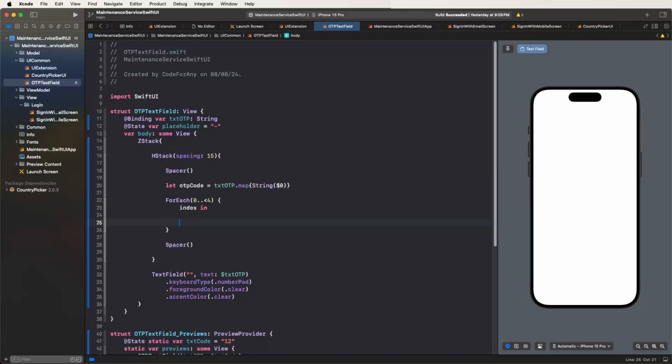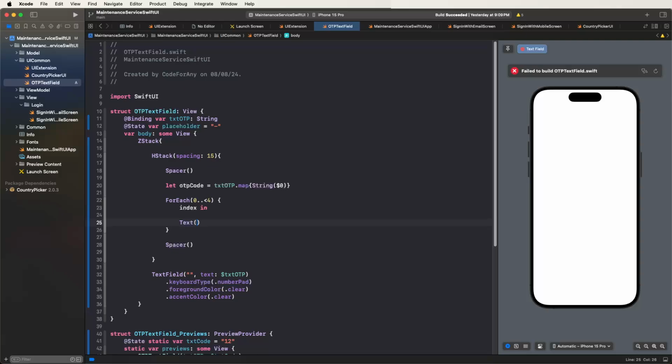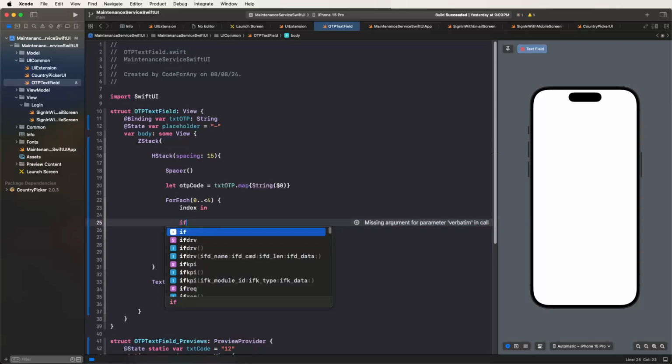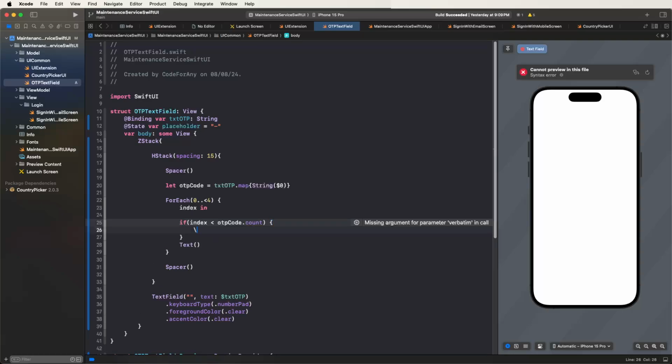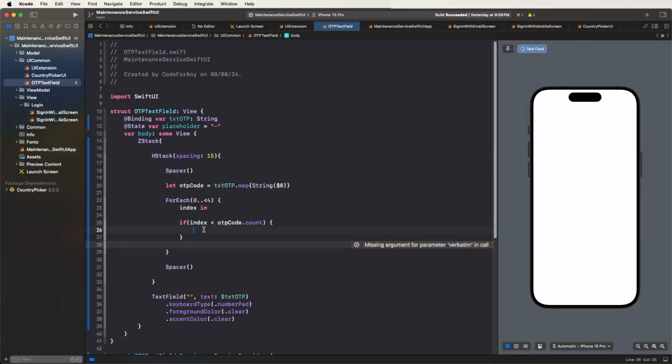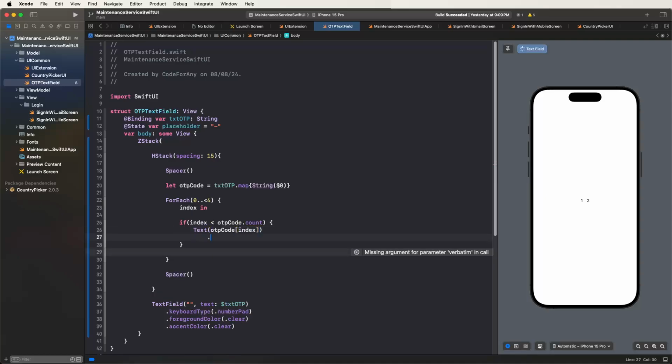Now we need to write down here the text, and we need to set here the if condition: if index is smaller than OTP codes dot count, show here the text of the OTP codes and set here the indexed value like here. And also we need to set here the custom